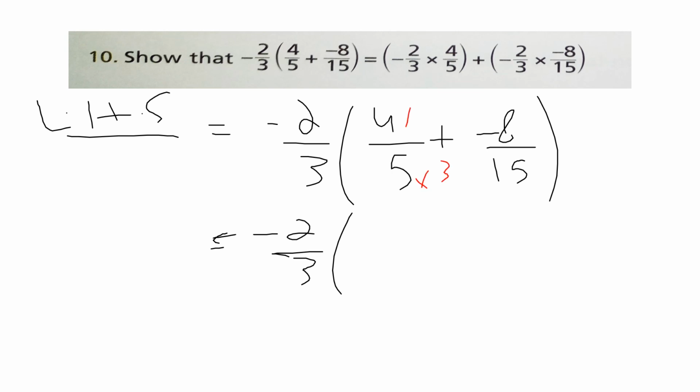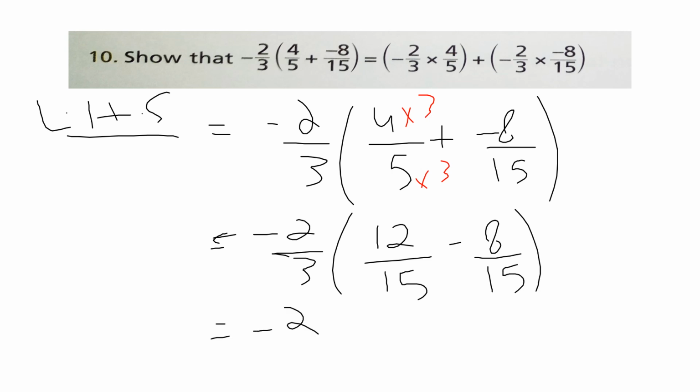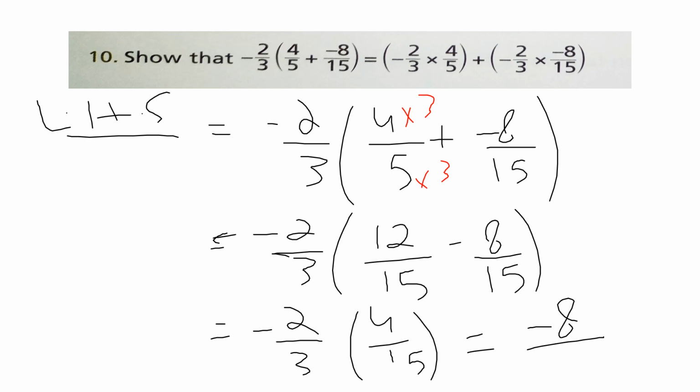For that you have to make the denominator the same. So you will have to multiply this one by 3. So it will become 12 by 15 plus minus 8 by 15. So what is 12 minus 8? 4. 4 by 15. Now they are getting multiplied. So 4 2s are 8 and 15 3s are 45. So minus 8 by 45 is the answer. Now you have to solve the right hand side by yourself and the answer should be minus 8 by 45.